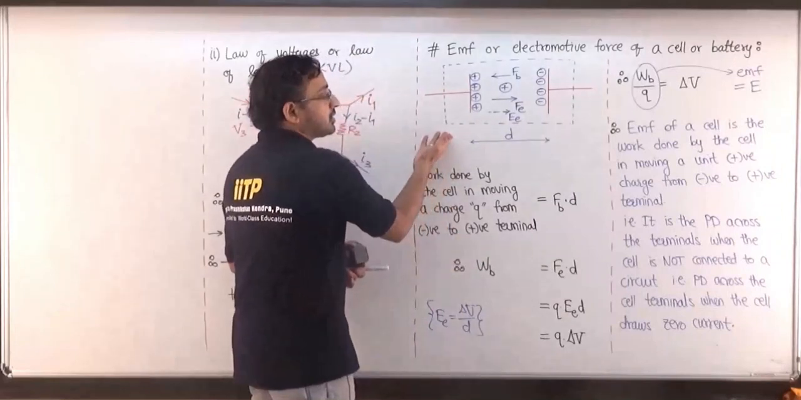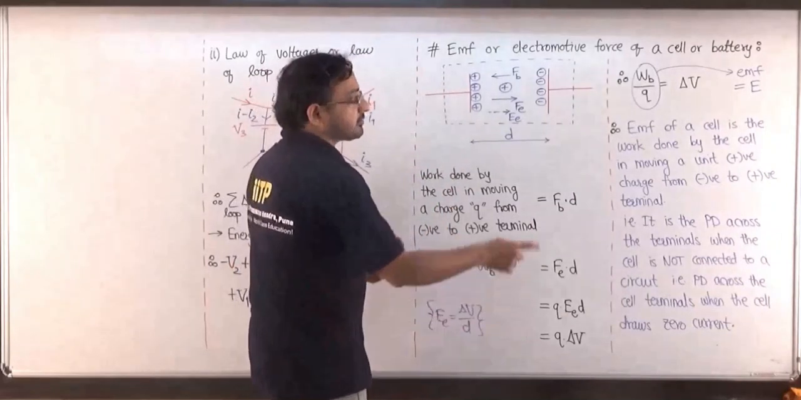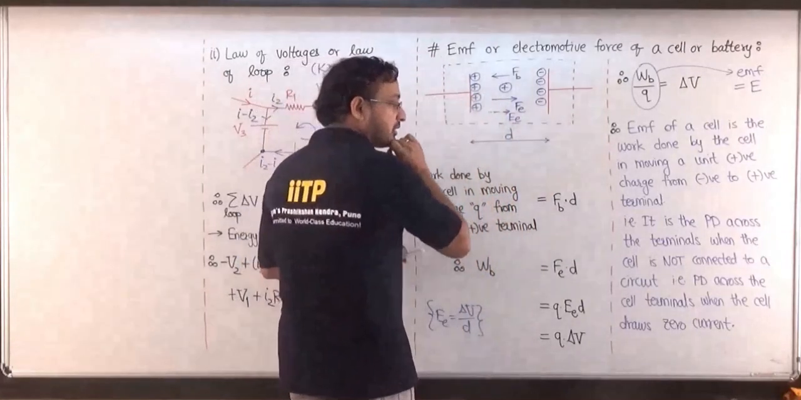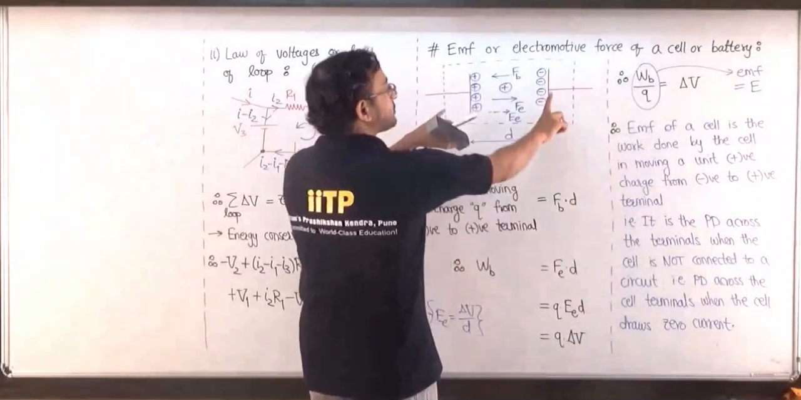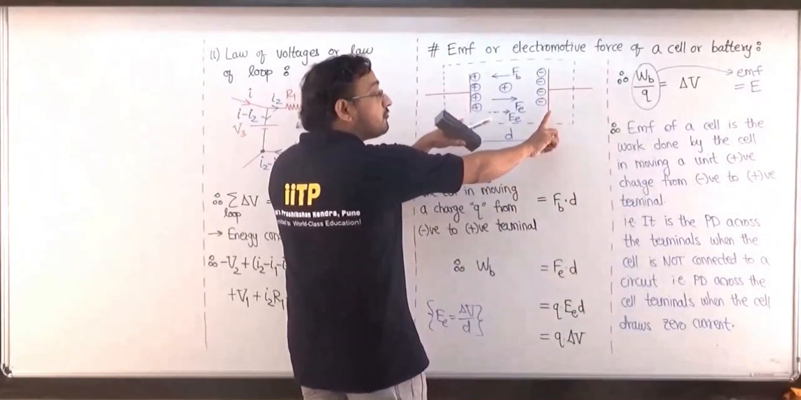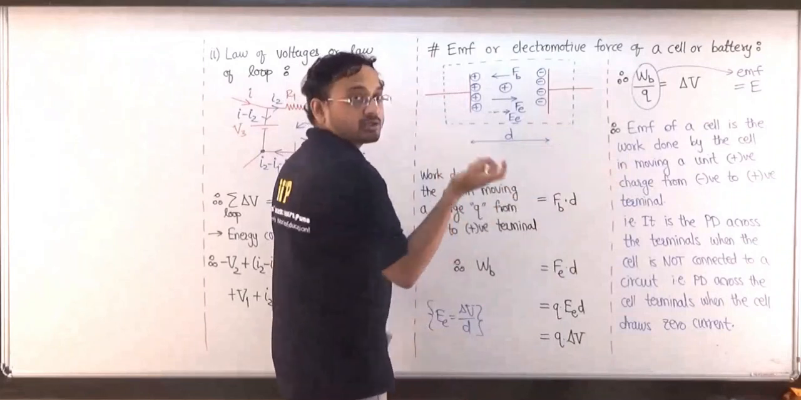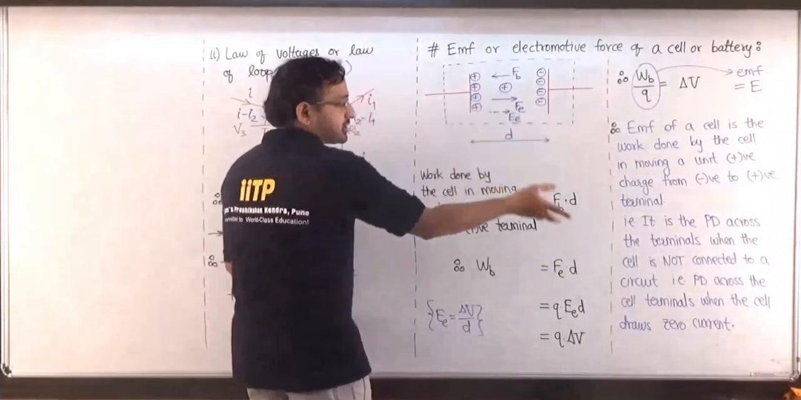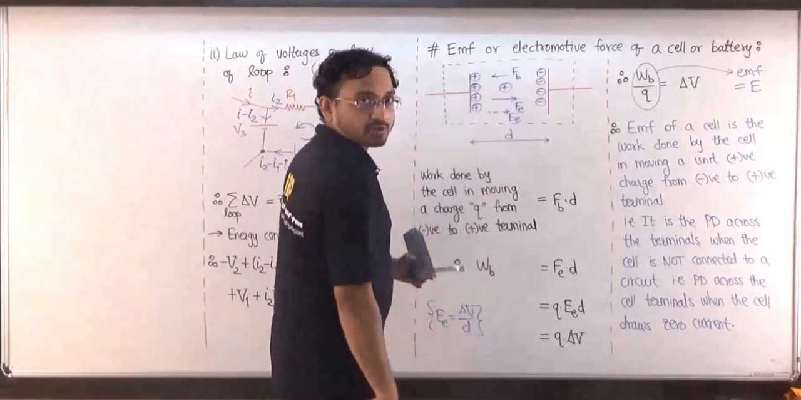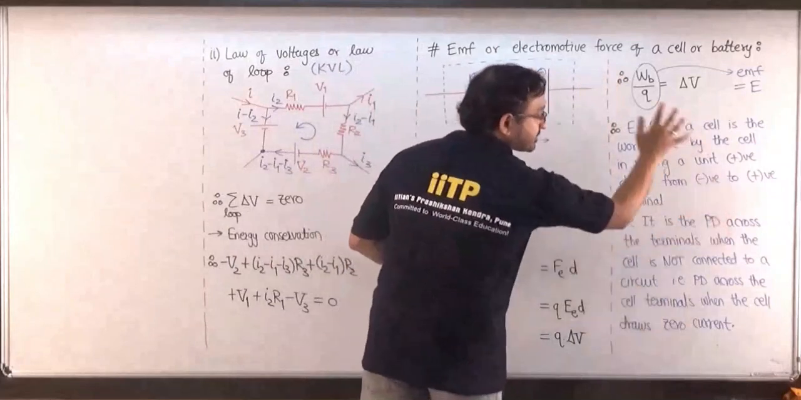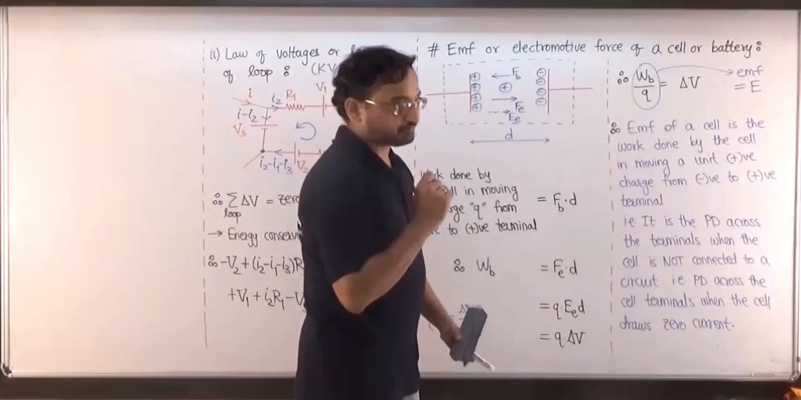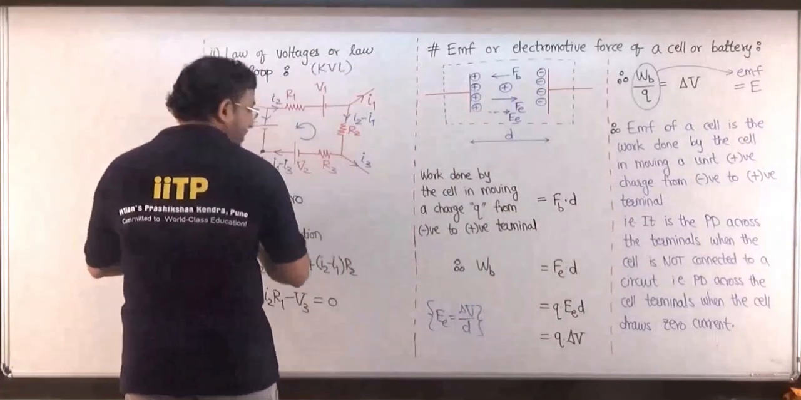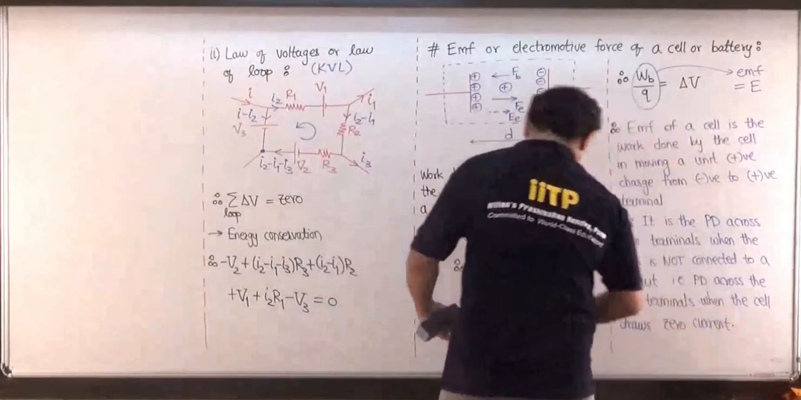Because it is not at all connected in a circuit, and yet I am getting that delta V. So what is the meaning of delta V here? It is the potential difference when it is not connected in the circuit. In other words, it is also the potential difference across the cell terminals when the cell draws zero current. When we say the cell draws zero current, that means the current through the cell is zero because it is not connected in a circuit. So these three statements are all equivalent to each other. Work done by the cell in moving unit charge,